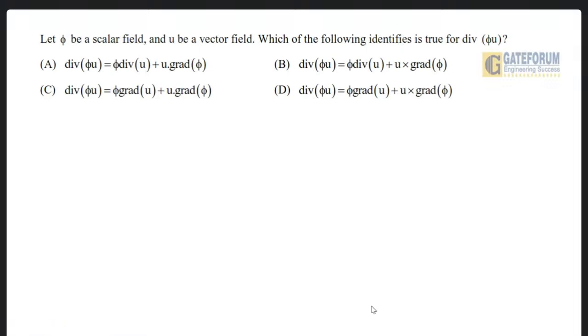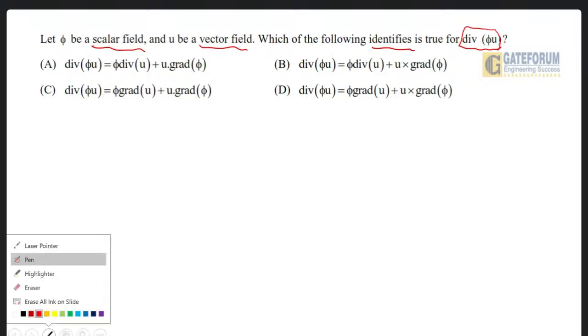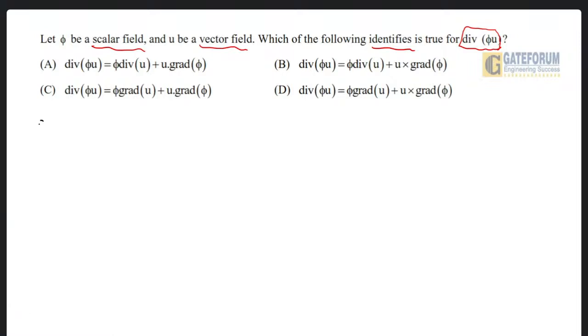So I'm going to discuss now civil engineering set 2 questions, mathematics questions with explanations. Okay. The question is, let phi be a scalar field and u be a vector field. Which of the following identities for div phi u? It is better for convenience sake to take u as u bar. Okay. This question is from engineering, from the topic vector calculus, vector identities. And the solution is